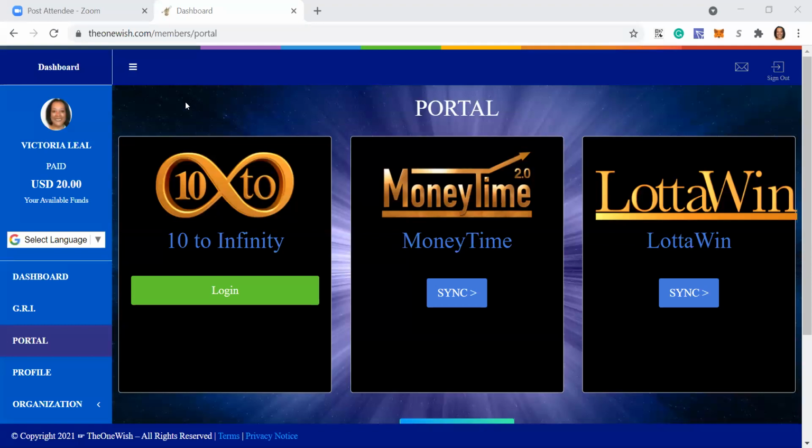Oh, okay, and I heard a question answered regarding the payout. You have to do a minimum of $20 payout. And that's for each and every one? No, that's just for the OneWish. 10 to Infinity is a little different